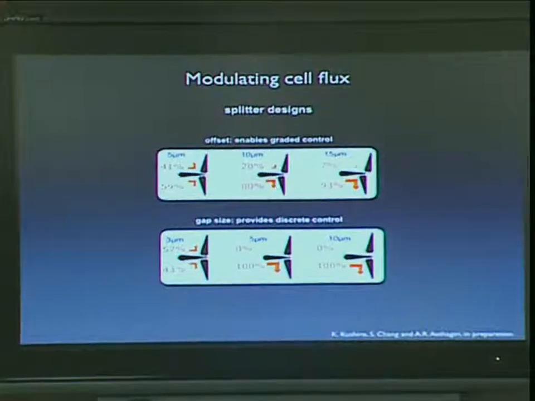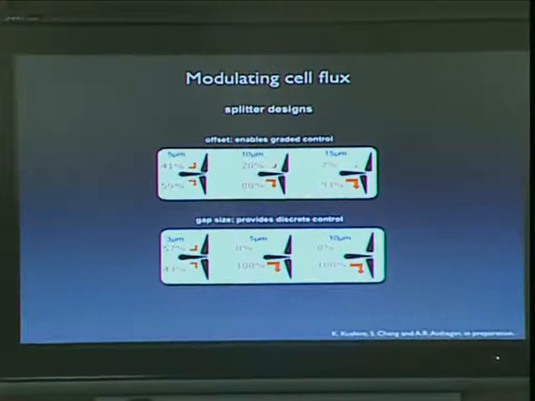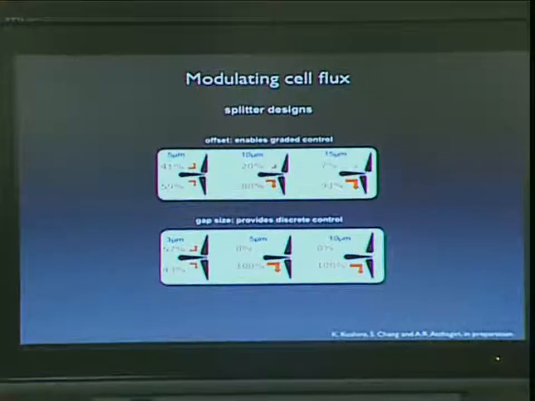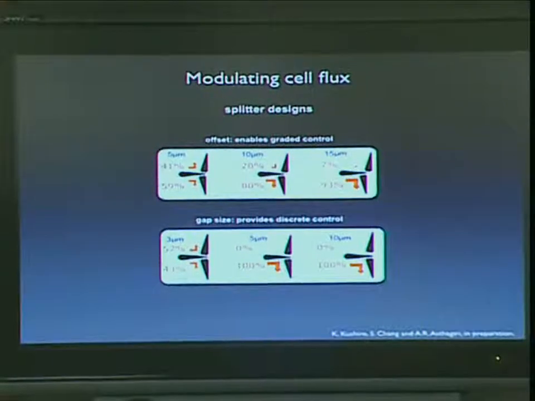This allows more of a graded change in the flow rates, whereas this is very switch-like. It's even distribution, and then you just lose the connection to the north as the north spacing increases. Okay? So there are fine control and strong control splitter designs for controlling flow rate of cells on these kinds of surfaces. So assembling these parts could potentially give us access to moving cells around with different flow rates and